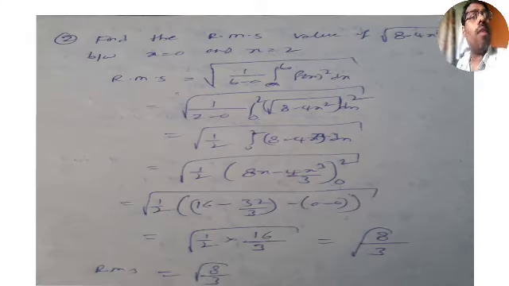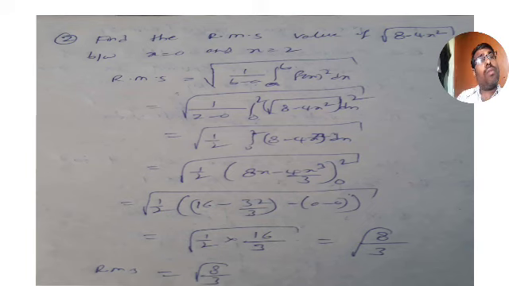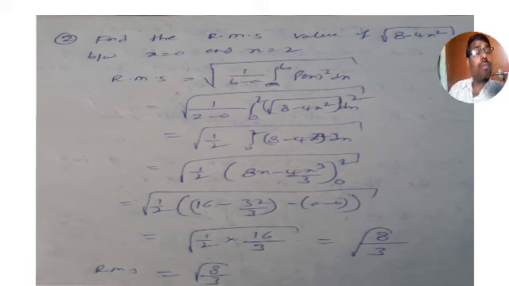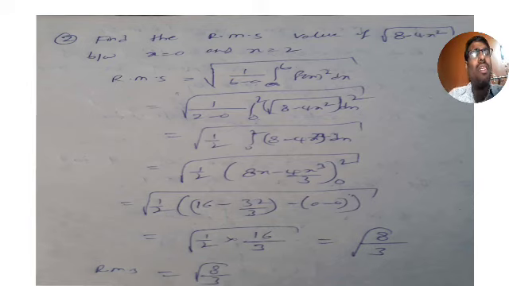This is my second problem, and it is repeated many times. Read the problem, guys. Once you read the problem, you will be able to get what is given and what to do. Are you getting? What is given and what you have to do. In these mean and RMS value and numerical integration problems, everything is given in the question. Just substitute them, integrate them, and you will get the answer.